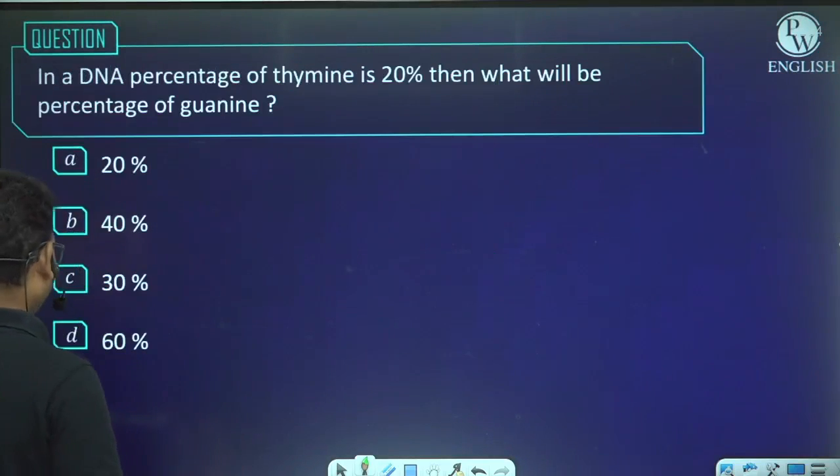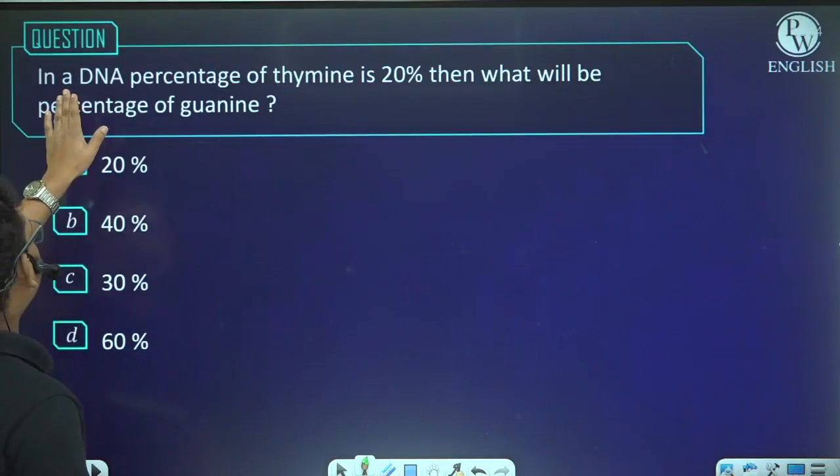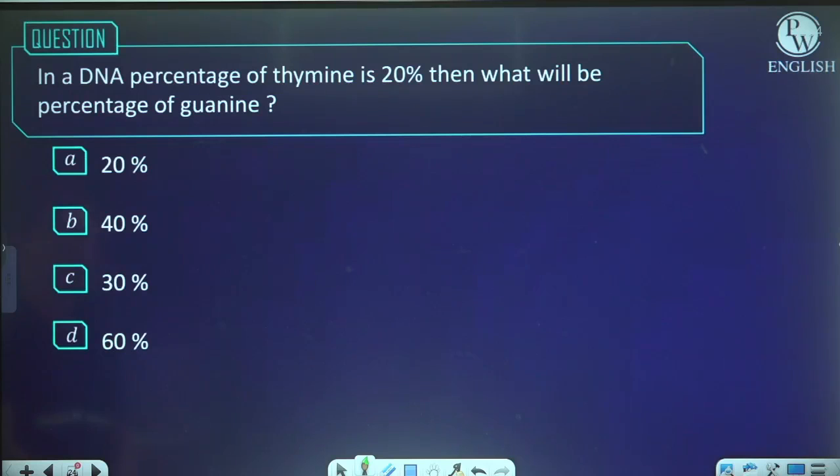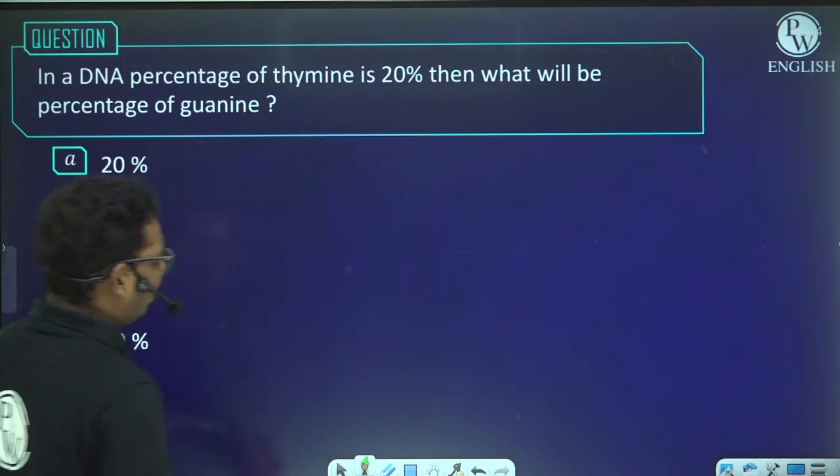Okay, next. In a DNA, the percentage of thymine is 20%. What is the percentage of guanine? See, as I have told you,